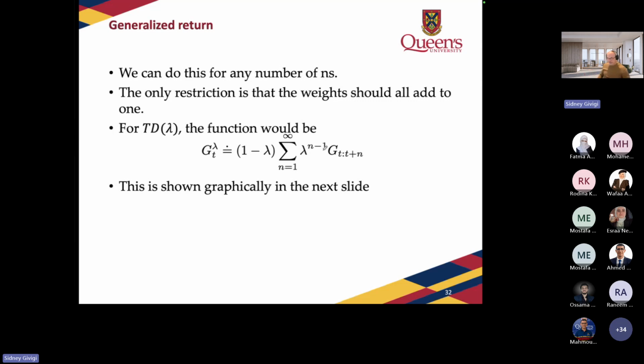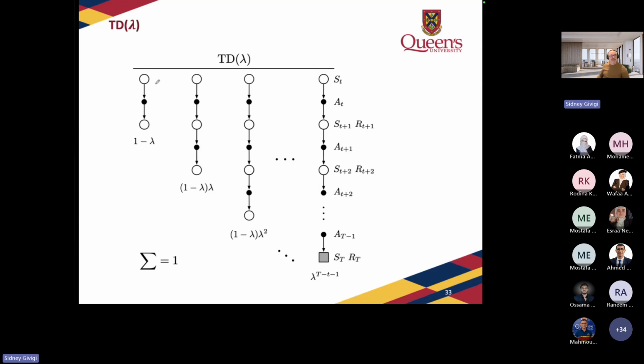Okay? So we can see this graphically. This is the way here, so that we can get this lambda, and the way that these values are going to decay is going to be dependent on the value of lambda. Observe that if lambda equals 0, this is going to be 1, and all of these are going to be equal to 0. Observe if lambda equals 1, all of these equal 0, and this equals 1. So that's why we call this TD0. We usually don't call Monte Carlo TD1, but we could if you wish. It's not a necessity.